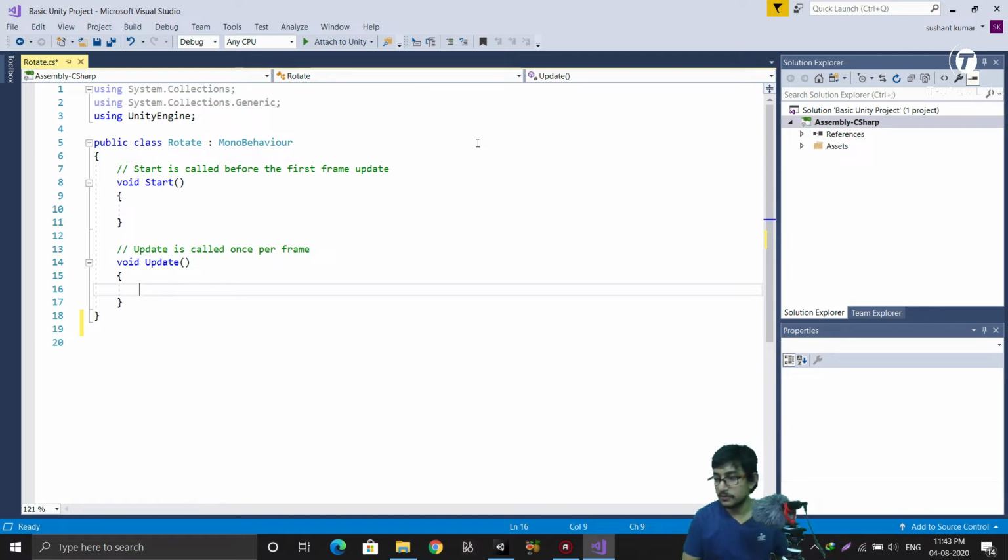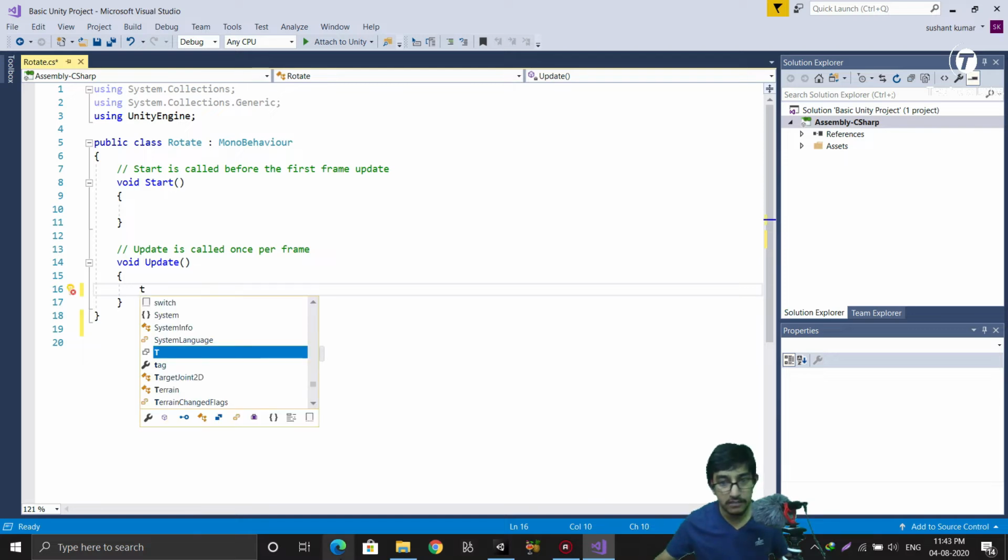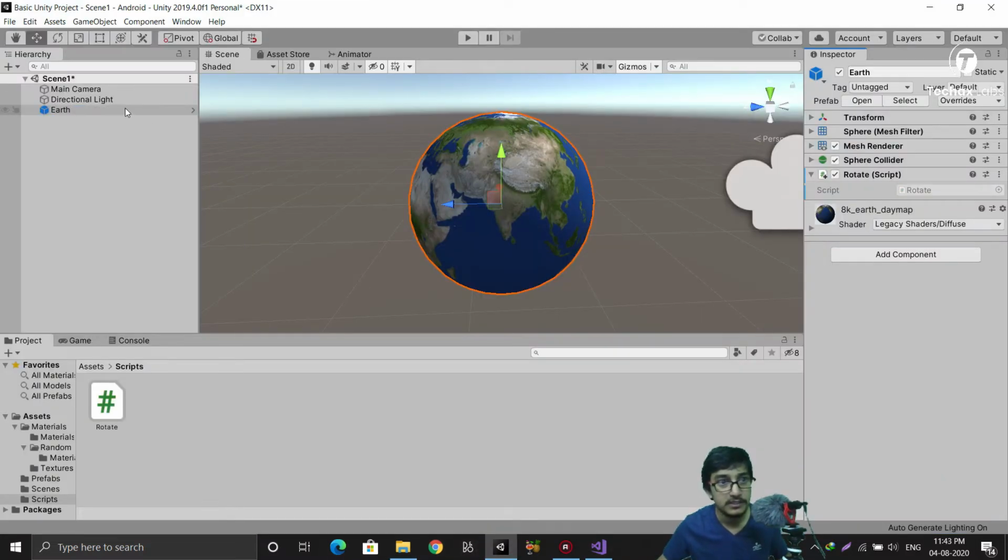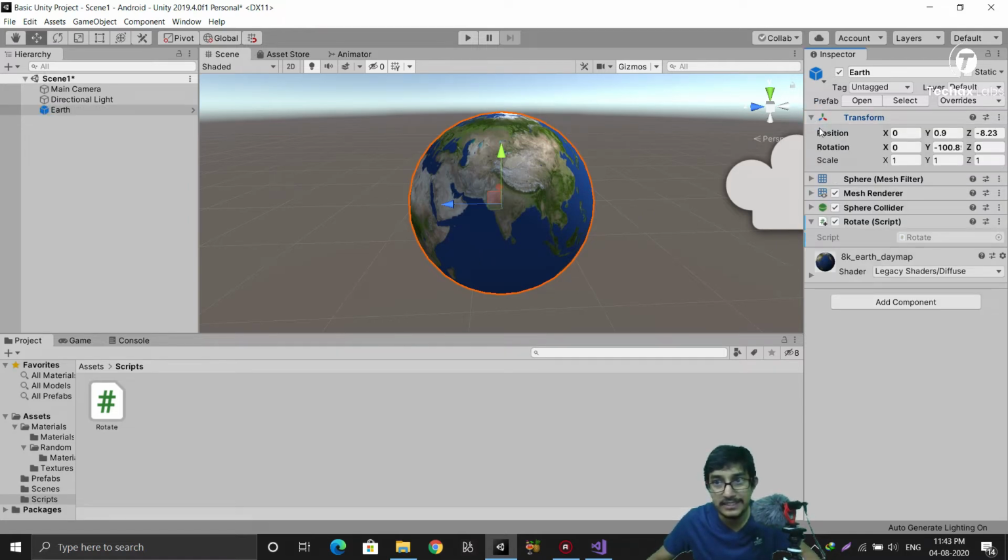So what we do, we will go for transform. Actually let's see what transform is. Here you can see when we have selected our game object, the first component it has got is transform, and inside transform it has got position and rotation and scale. And if I am using transform, you can make a guess that using this transform I have to either position it, rotate it, or scale it.